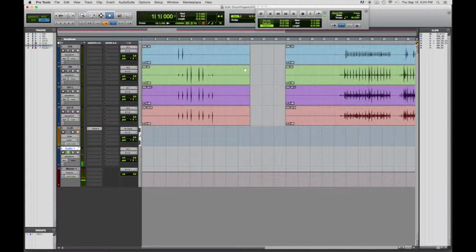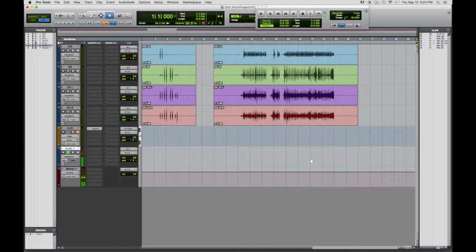Okay, this is my session after I recorded in 2 different passes. I recorded the single hits over here, and then I recorded some full drum beats with the 4 channels. So first thing I'm going to do when I go in to start editing is set up